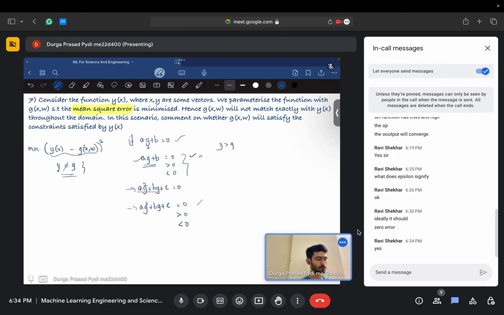One way to put it mathematically is, when you are trying to minimize y minus c whole square, what you are trying to do is make the derivative equal to 0, like the gradient equal to 0. In this way you are ensuring that y will be as close to g as possible. So if y is as close to g as possible, then a times g plus b can be written as